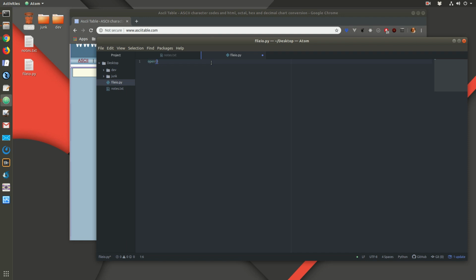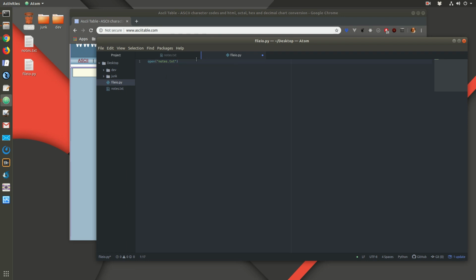Open is the identifier. It's a built-in function, so you can't use that for a variable name, otherwise it'll override this function. The first argument to this function is the path to the file that you would like to open. I'm on my desktop here. If I want to open notes.txt,